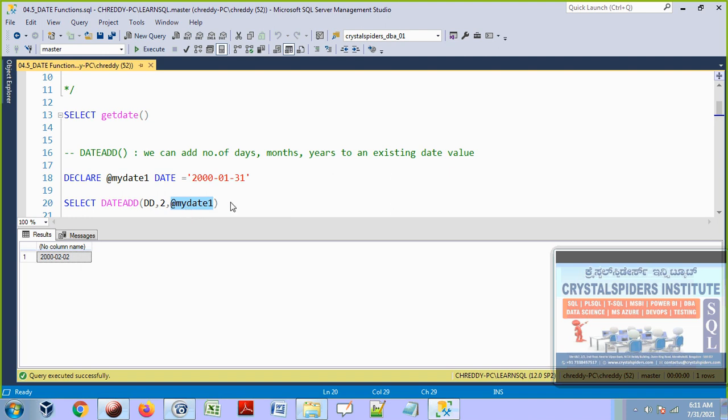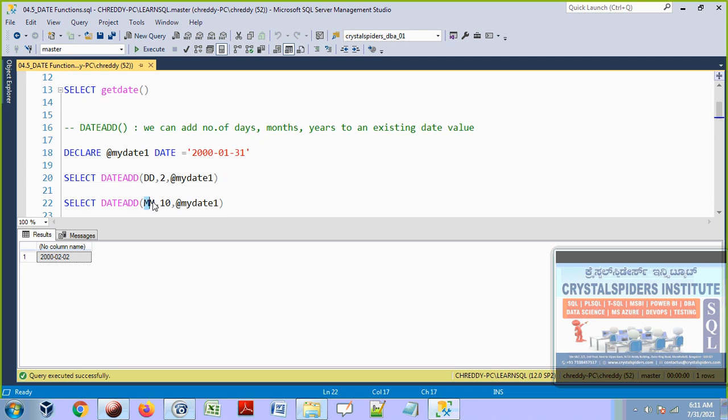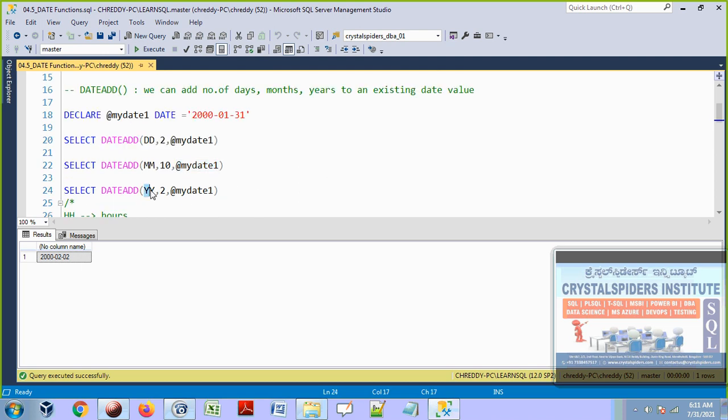Suppose I want to add months, then we need to use the mm keyword. mm represents months. How many months? 10 months. We are adding 10 months to the date value inside this variable. In a similar way I am going to add years. How many years? 2 years.